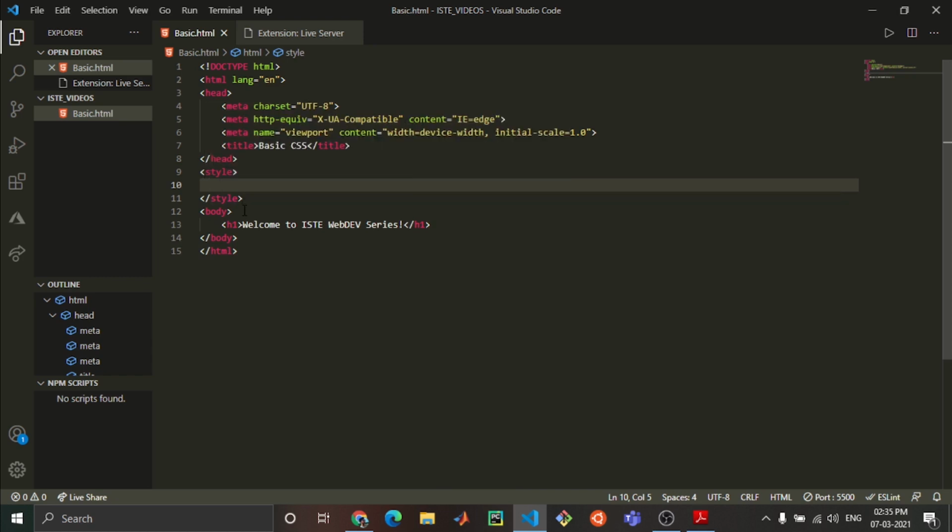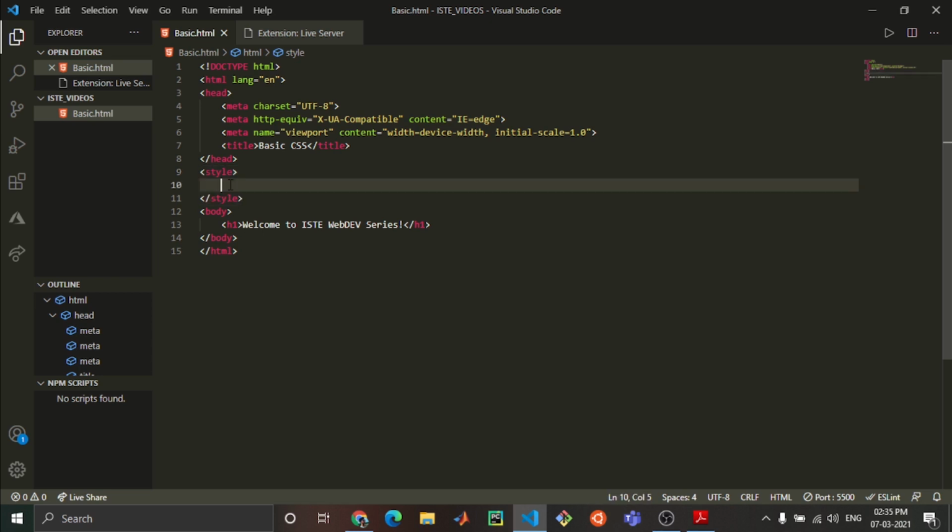Make sure that this style is above the body or below the body, but make sure it doesn't come in between the body, because it will not get implemented in your browser.